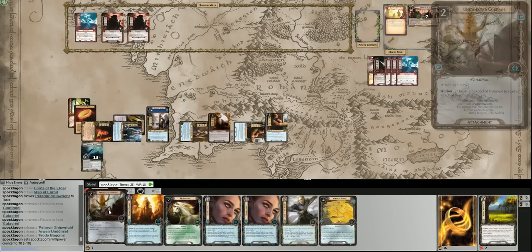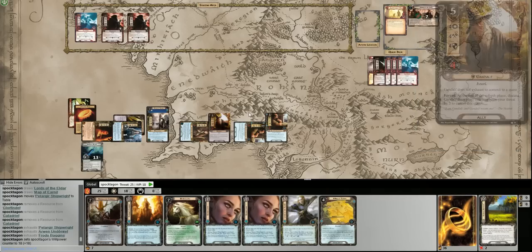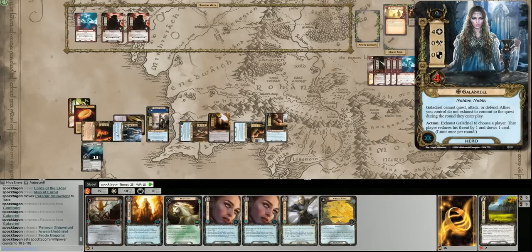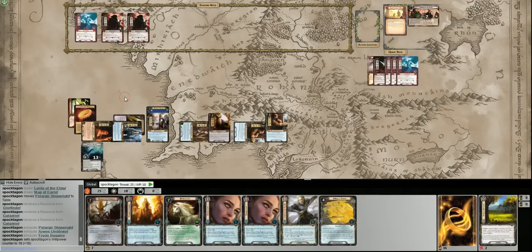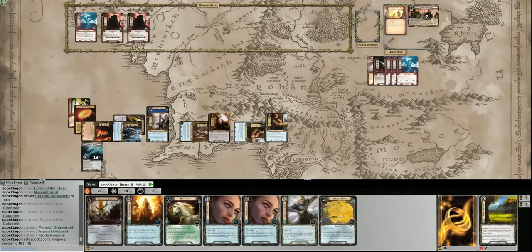Even more if I had Nenya, because I'd be able to put Unexpected Courage down and use Galadriel. Of course, I did only put one Nenya in the deck because... why did I do that? I think it was because it has such high willpower that it's not really needed. It's helpful for the lore icon for Asfaloth, but we also have Good Harvest for that, so...